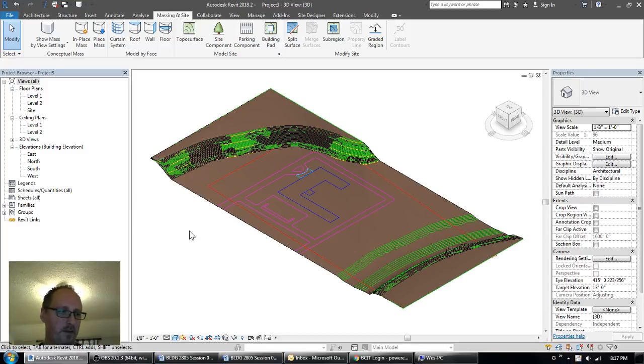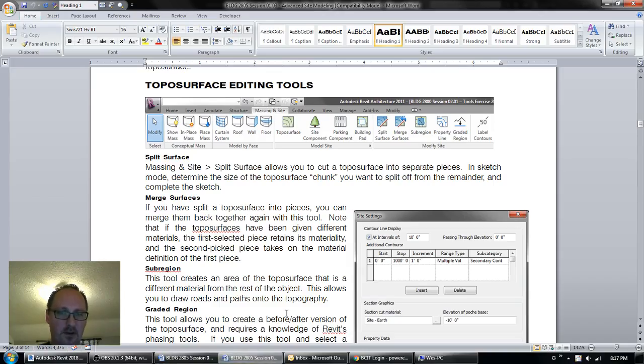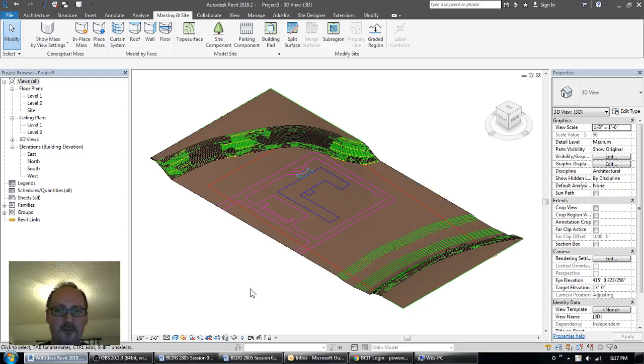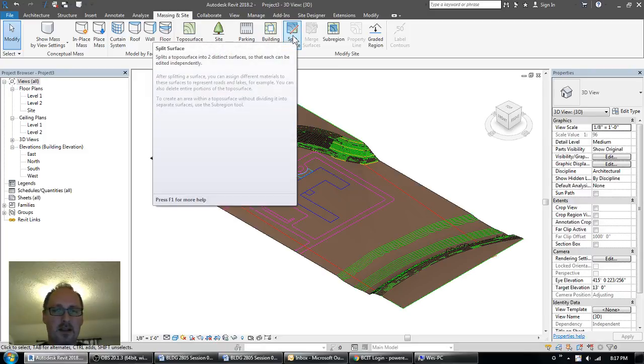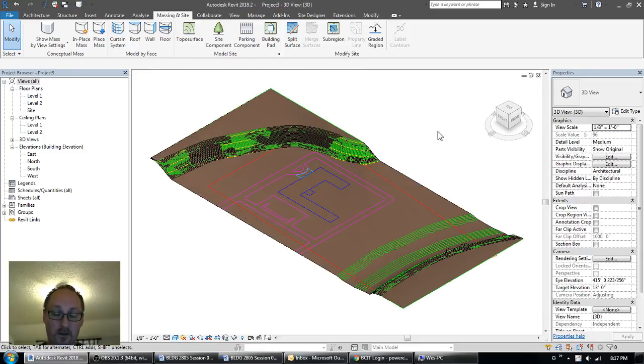Okay, so I can just see on the stream here, because I'm just watching the stream on my iPad just to make sure how the timing of all of this is working. I'm going to show these tools that we're talking about in our notes. So the first one here we're going to talk about is the Split Surface Tool. So the Split Surface Tool, you'll see it here on the Massing and Site tab. And the purpose of the Split Surface Tool